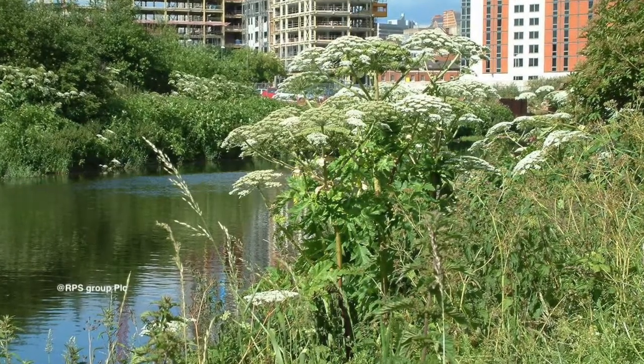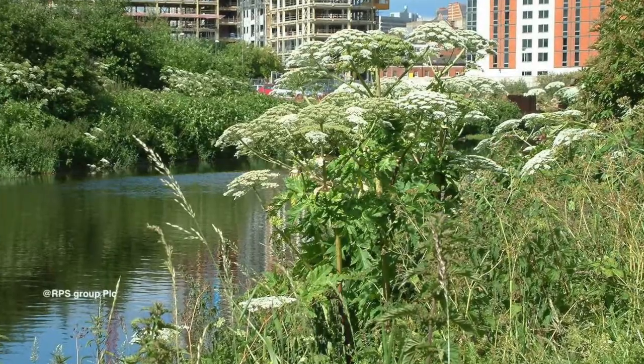So first off, where can you find giant hogweed? Giant hogweed is found everywhere pretty much. You find it commonly along riverbanks, you find it in disturbed areas, you can also find it along roads like I am here today. If you see giant hogweed when you're out and walking around, please stay away from it